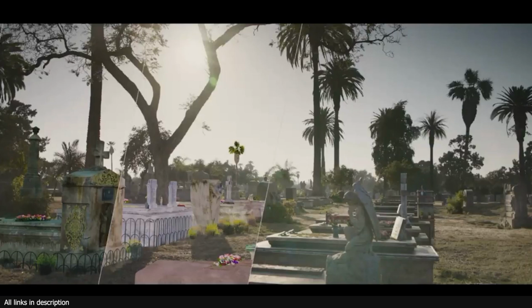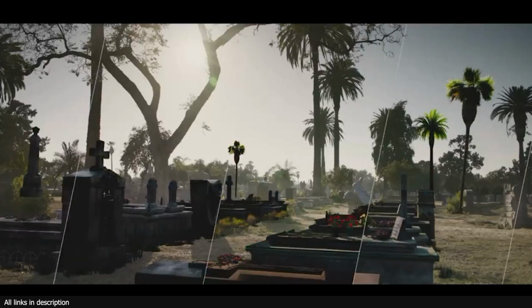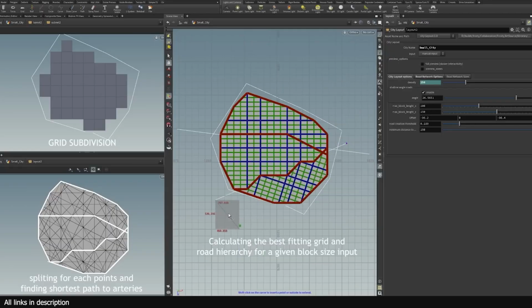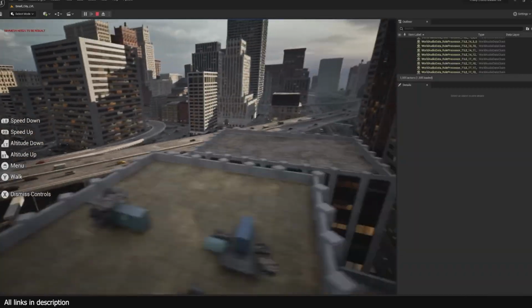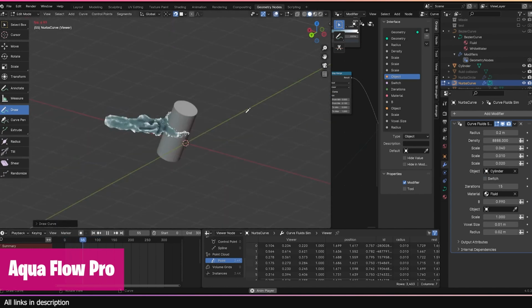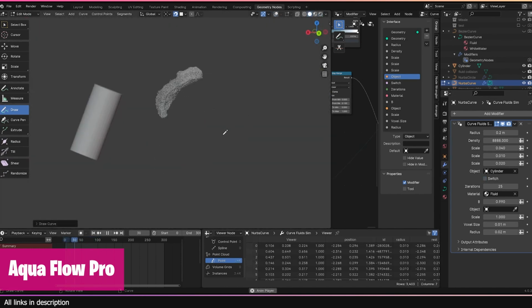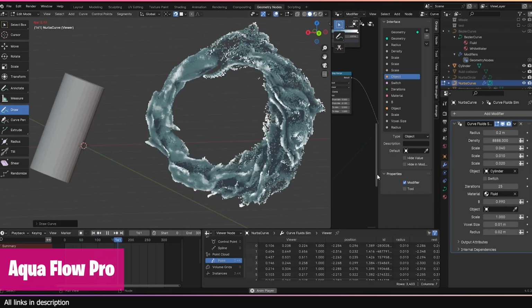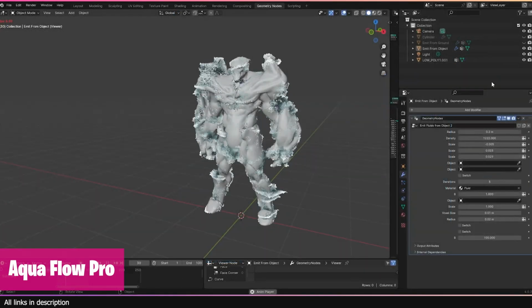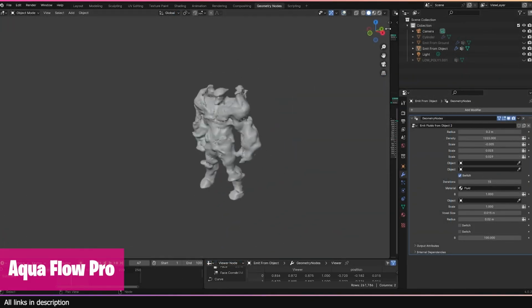Each stage takes its own time, and most of the time, your PC has to just focus on that specific task and can't do anything else. This is why libraries can be very useful. For example, if you want to set up fluid simulations, instead of spending hours upon hours trying out different fluid simulation settings, you can use Aquaflow Pro, a library of water simulation templates that can help you create advanced fluid